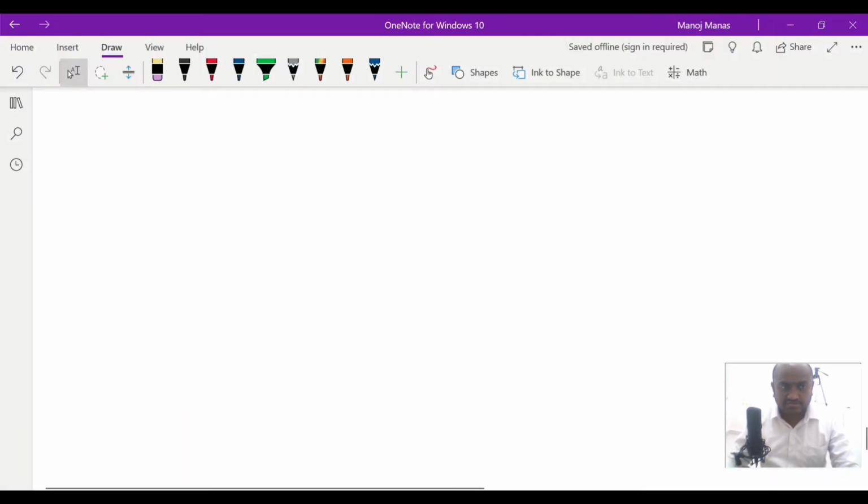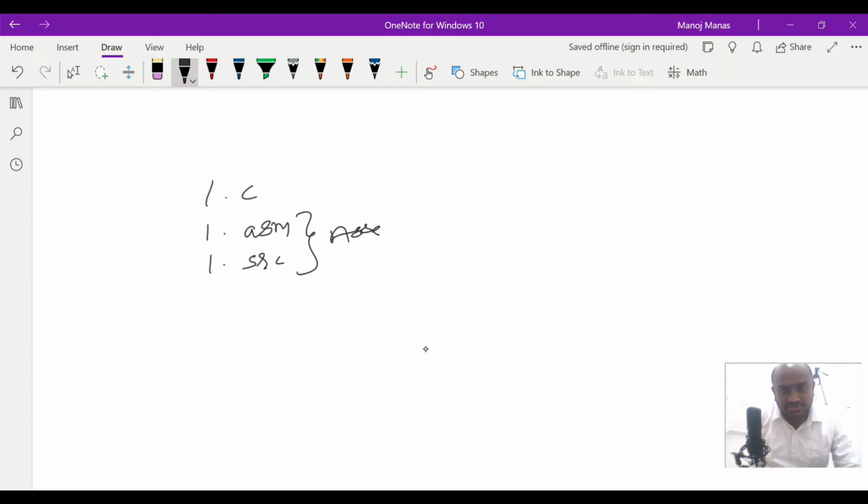One is 1.c, the other one is 1.asm, and the next one is 1.src. These two are assembly level language programs, and this one, as you already know, is a C language program.